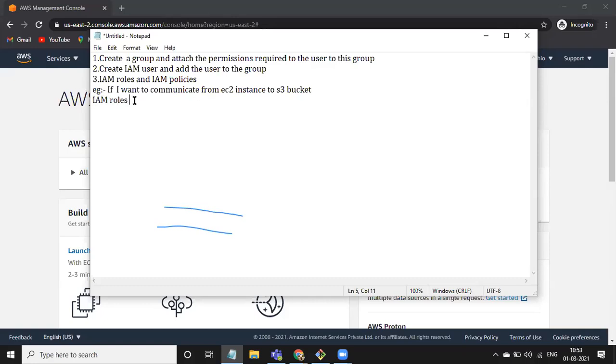This set of permissions is nothing but policies. For example, when EC2 wants to communicate to S3 or Lambda, you create a separate IAM policy for each service, attach all those policies to an IAM role, and attach this IAM role to your EC2 server. I will cover this when we come to EC2.